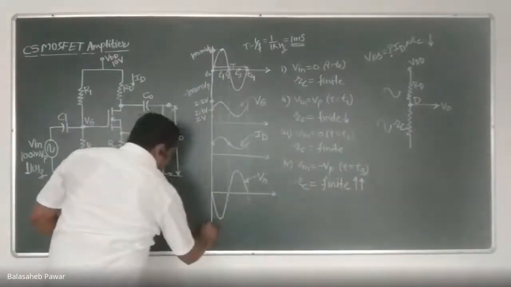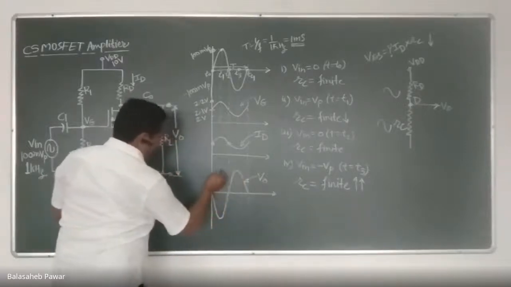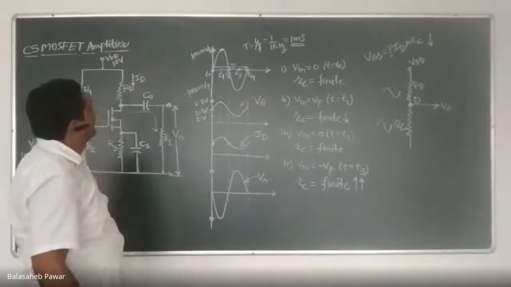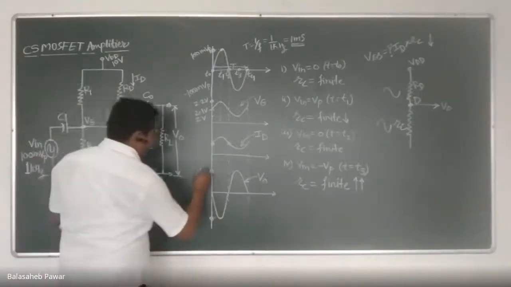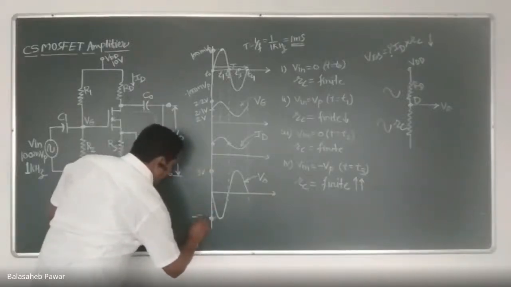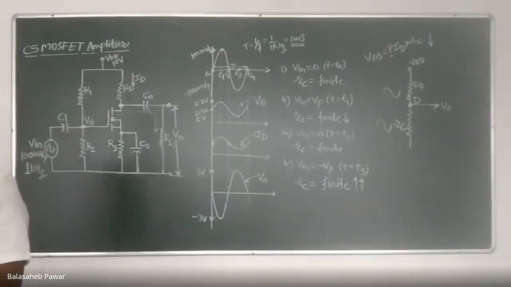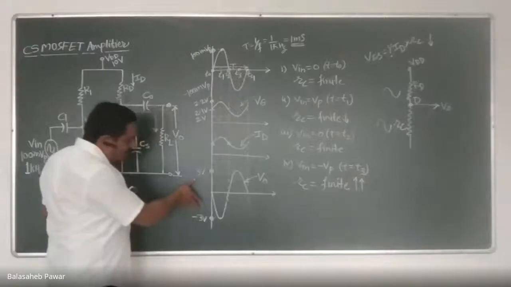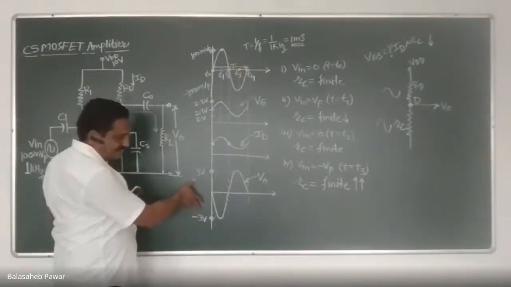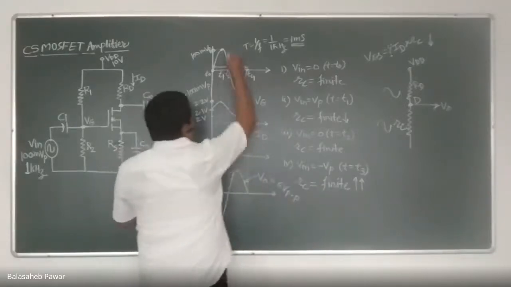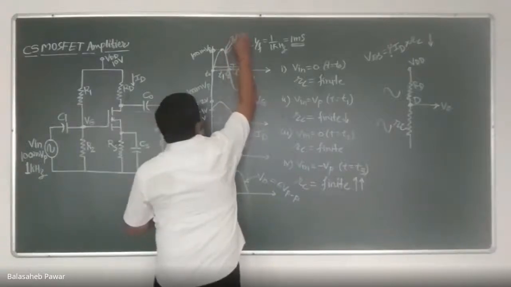And here, by using a CRO, we can measure the peak voltage. Suppose this peak voltage is, we can say, 3 volts. And over here, it is 3 volts. Correct? The positive peak of the output voltage is how much? 3 volts. And the negative peak is also 3 volts. That means we can say it is a 6 volt peak to peak signal. We can write it as 6 volt peak to peak. Or this input, we can call it 200 millivolt peak to peak.